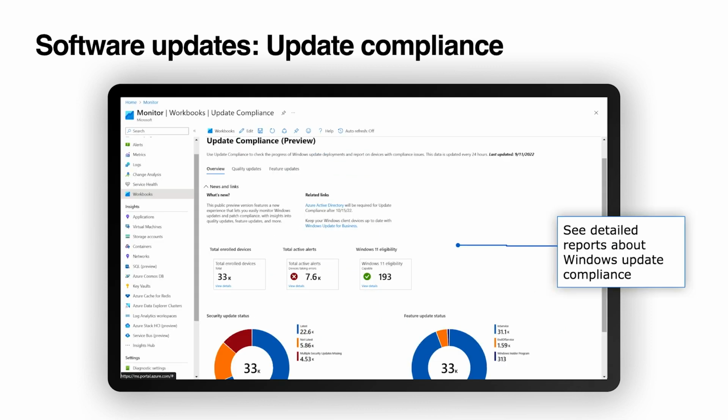If you want to dive deeper into your Windows update status, you can go to our cloud-based reporting solution by clicking Go to Update Compliance. This will provide you with detailed reporting on your devices and help you act on those devices that are not updated. You will be able to view reporting on security updates, feature updates, and in the future, driver updates, all